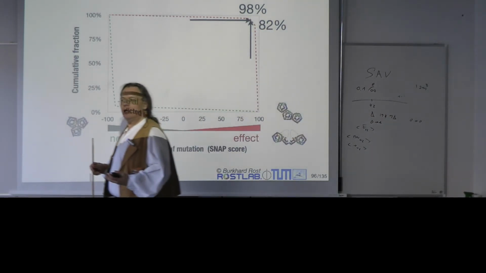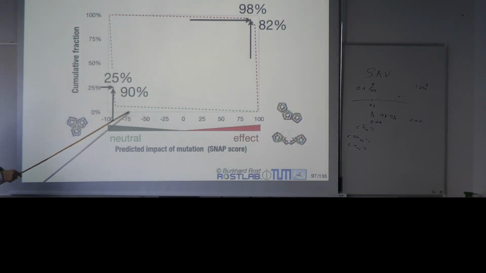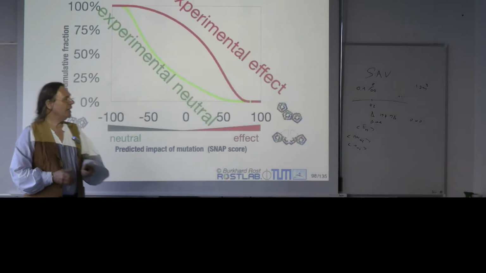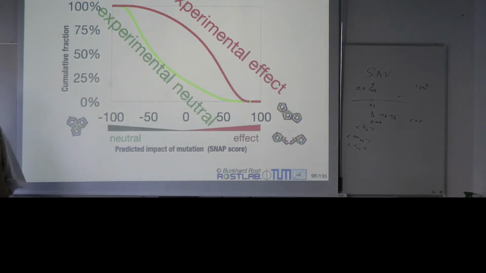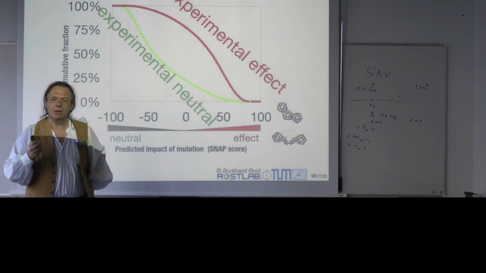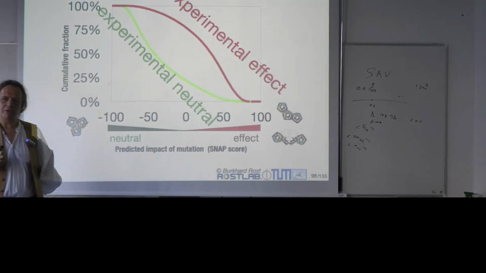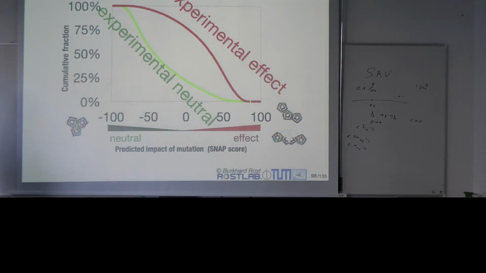Okay? So if I had a very good method, then it would predict something like that for the ones that have an effect. And most of the ones that are neutral are predicted with a very, very strong neutral score. This would be a good method. In reality, my method is this. And that's the cross-validation reality. So that's experimental effect and experimental neutral. Again, it's a data set of these 40,000 that I showed you on Tuesday, where we have experimental data mostly for molecular function. There are some that are impacts on the system, but most of those are molecular function. And this is what we have.